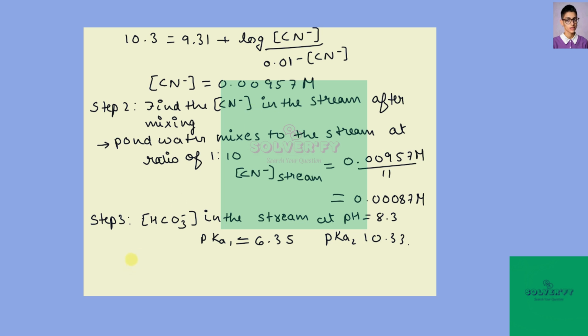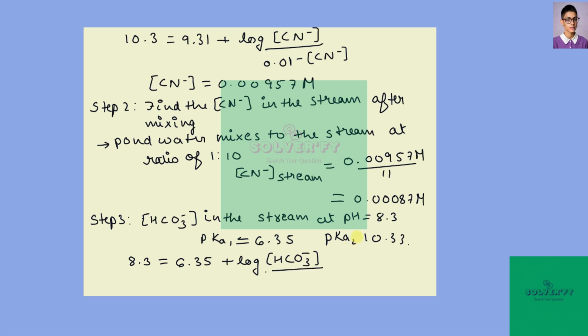So from that equation, we'll put the value of pH, which is 8.3, which is equal to the pKa1, 6.35, plus the log of the concentration of the HCO3 negative ions divided